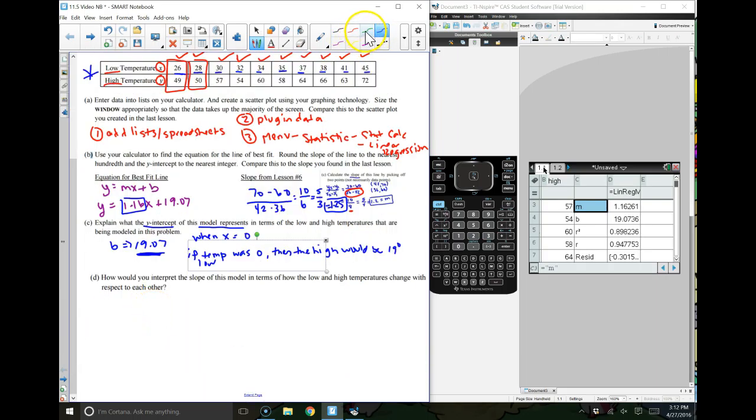So how could we interpret the slope of this model in terms of the high and low temperatures? What are we really saying? The slope is about the same way we were saying that the y-intercept was about. And really all the slope is saying is, here's the rate at which the high temperatures change compared to the low temperatures. So the slope is the rate at which,